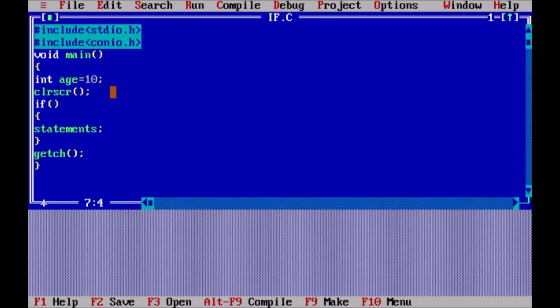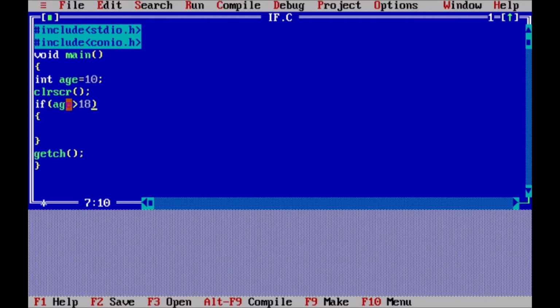Now let us see how this concept can be applied here. Now I want to check whether the age is greater than 18 or not. So let me first erase this. So let us write the condition here, age greater than 18, where greater than is a comparison operation. If this condition is true, that means the value of the variable age is greater than 18, then it will return the value 1.